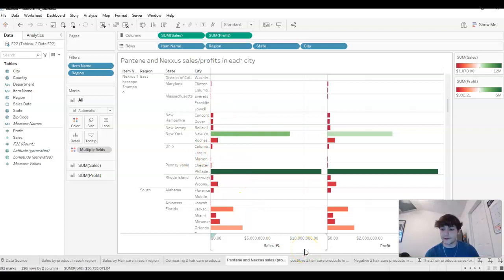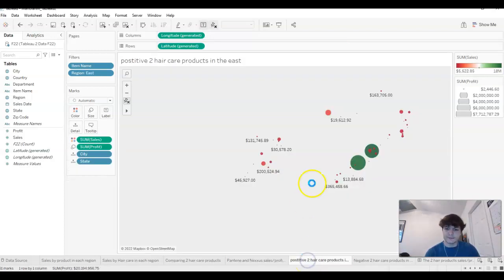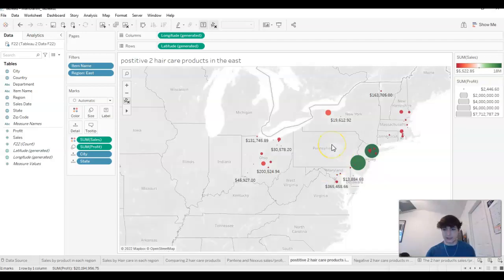So I wanted to filter out and see which cities in the East region are doing well. So as we take a look at the East region, you can see not a lot of cities, but you can see the big green in Pennsylvania, or Philadelphia, I should say. New York City obviously is a big part of the profits for Nexus and Patne. But if you notice in Ohio, Ohio has a lot of red, and red means they're not doing well